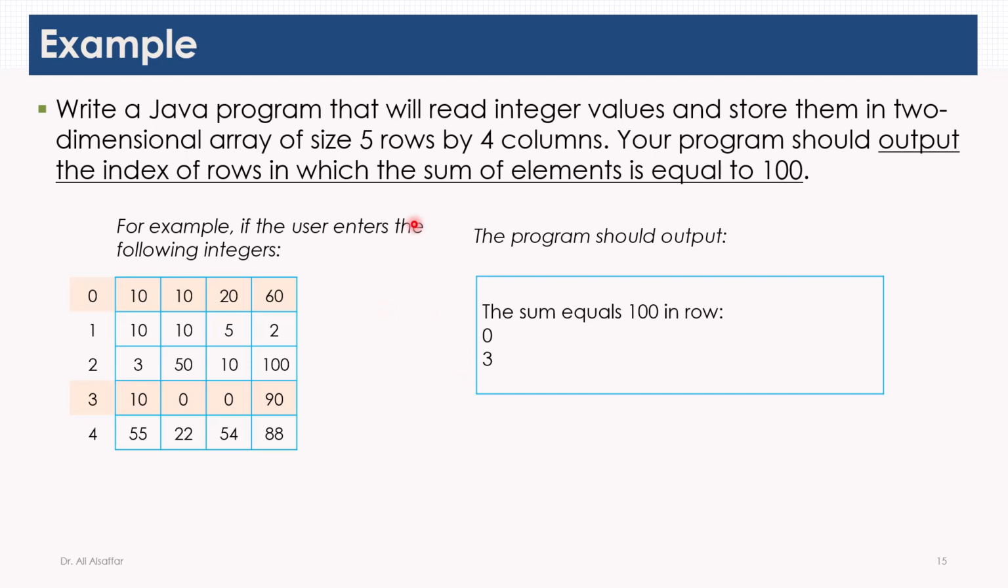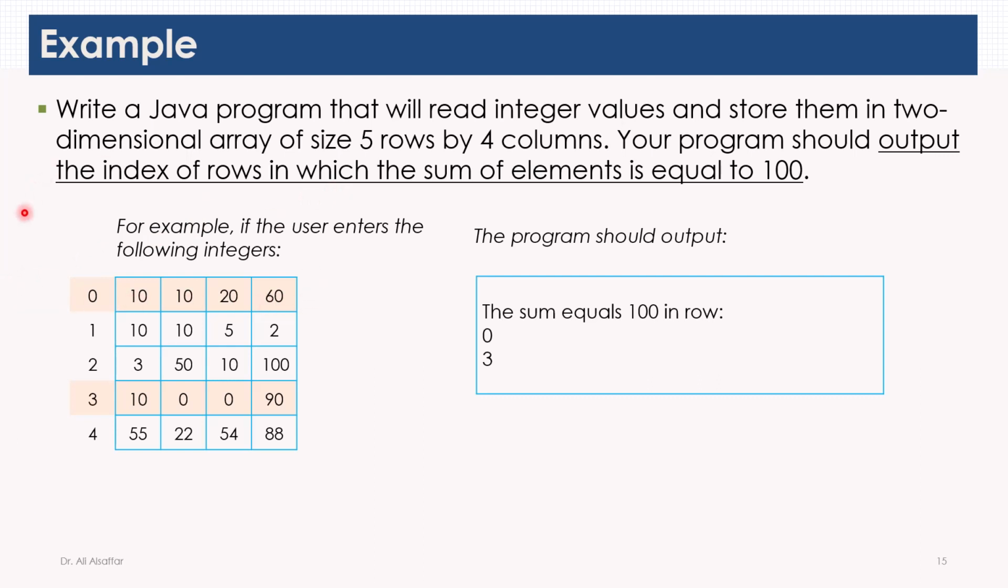For any problem on two-dimensional arrays, if you want to find a solution for this problem, first ask yourself, to solve this problem, do we need to visit the array row by row or column by column? In this example, it says you need to find the sum of elements of each row. So that means we start with the first row, we add the elements, we find the sum, and we check